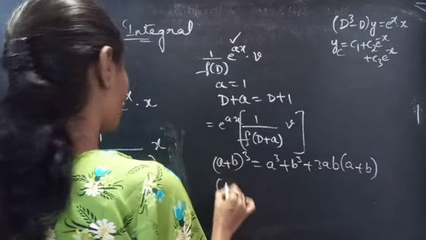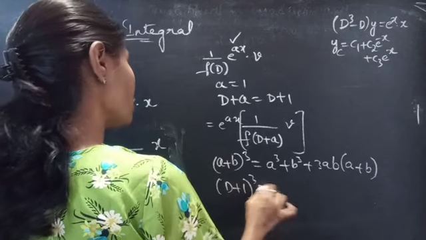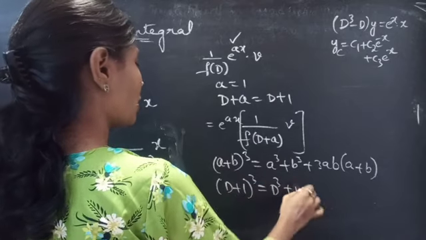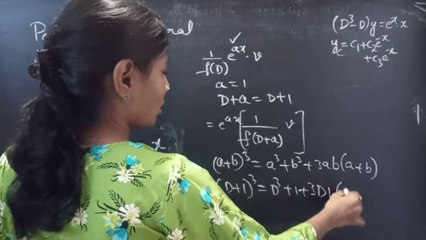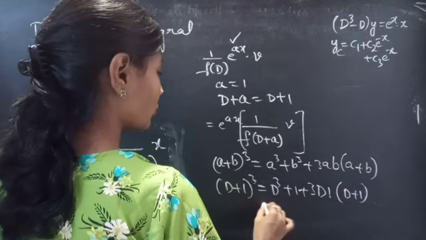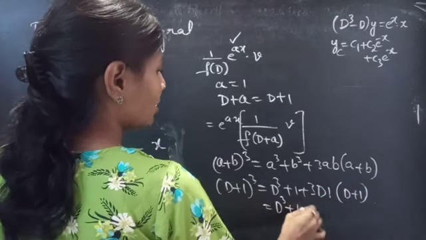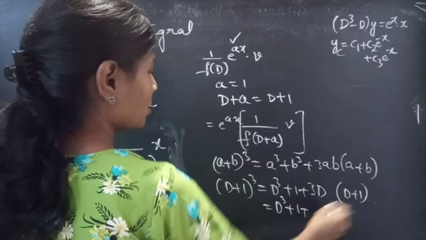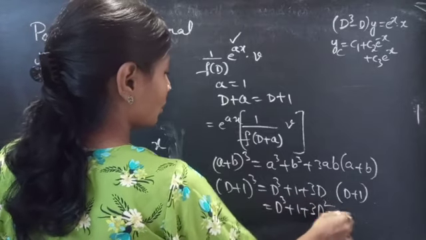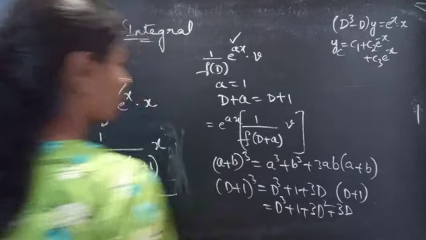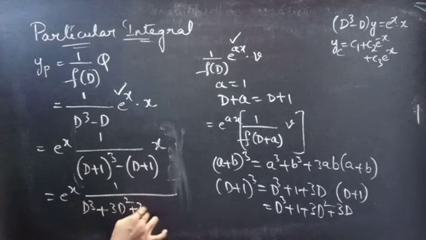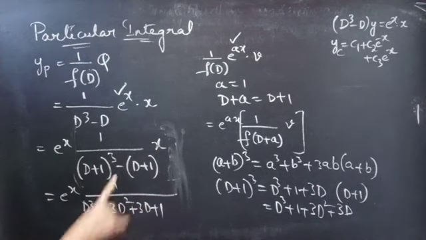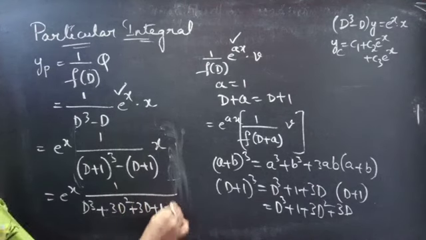Let's expand (D plus 1) whole cube, which equals D cube plus 1 plus 3 into D into 1 into (D plus 1), which equals D cube plus 1 plus 3D into D is 3D square plus 3. We'll get D cube plus 3D square plus 3D plus 1 minus